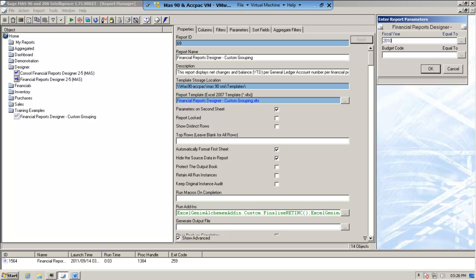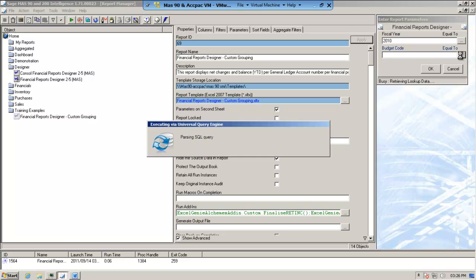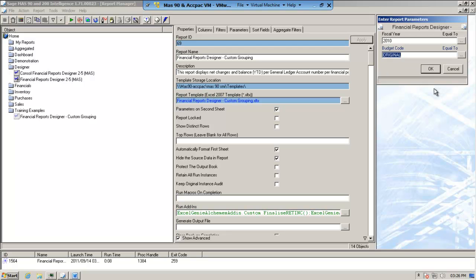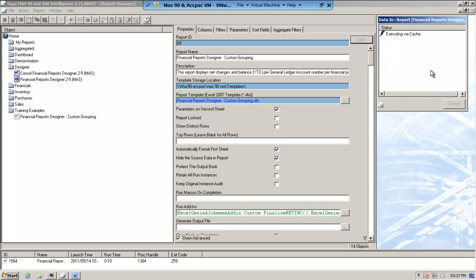And we're going to choose our fiscal year of 2010 because this is running off the demonstration data. And I'm going to go and select the original budget code. Okay, so while that's waiting,